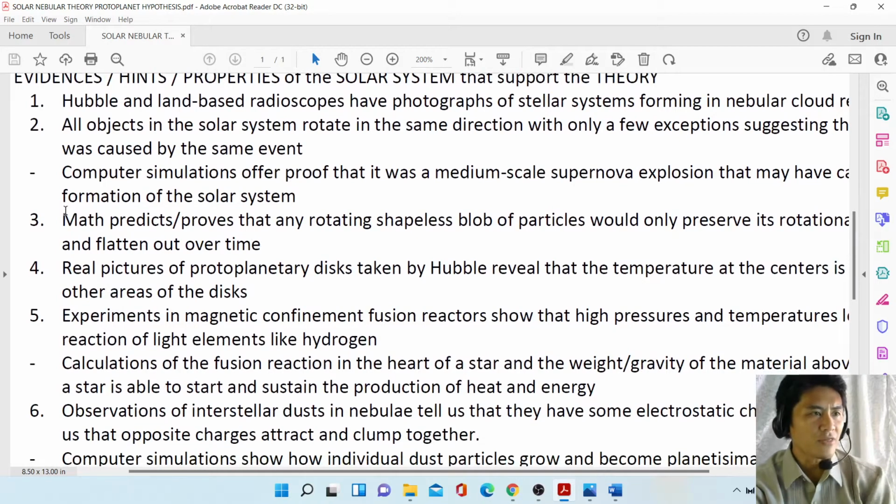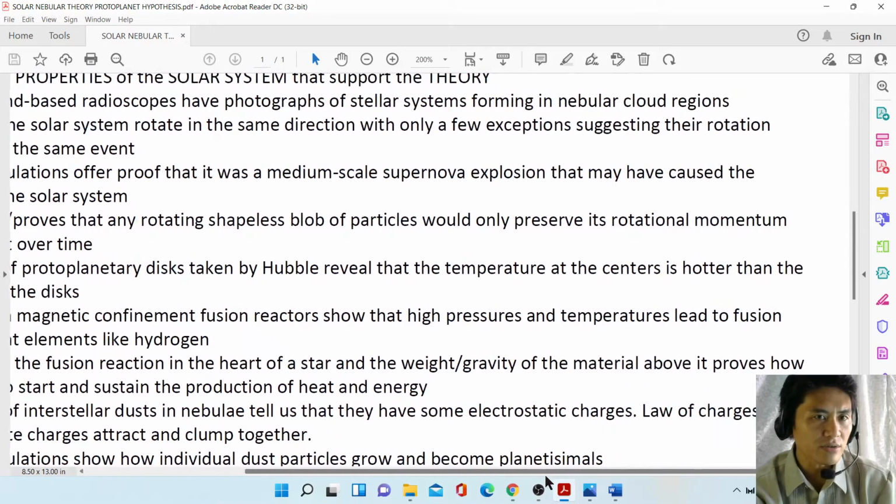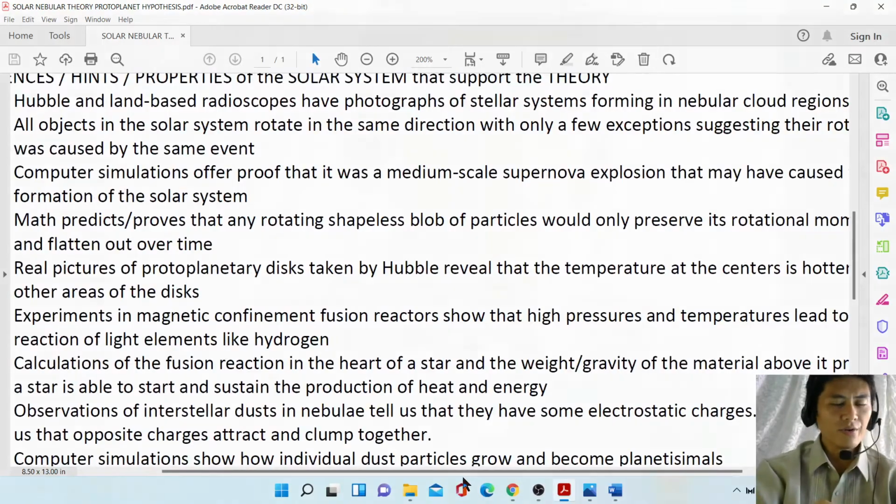Here, math predicts or proves that any rotating shapeless blob of particles would only preserve its rotational momentum and flatten out over time. So you see, when you have a three-dimensional thing that rotates in one direction, like in this slanting direction, over time, because of the collisions, what is only preserved is that rotational momentum. So if that rotational momentum is this, all of the motions that are against that plane, they will cancel out,